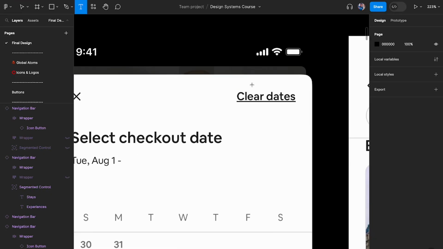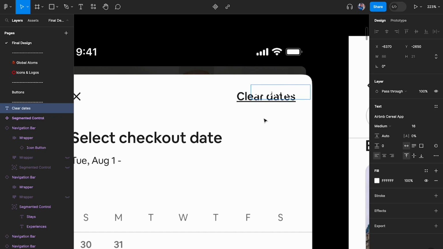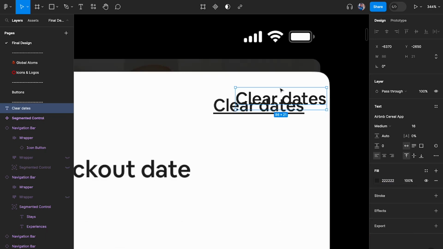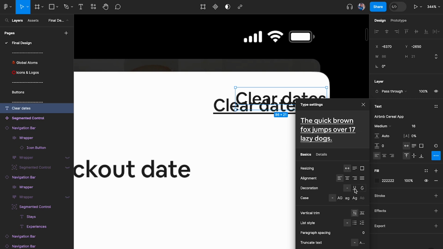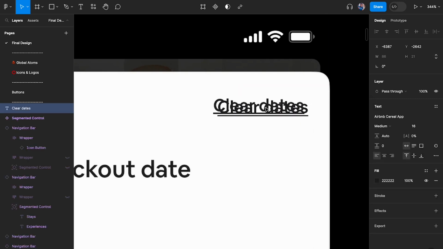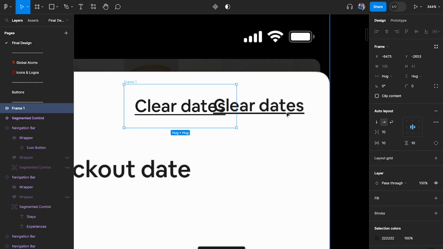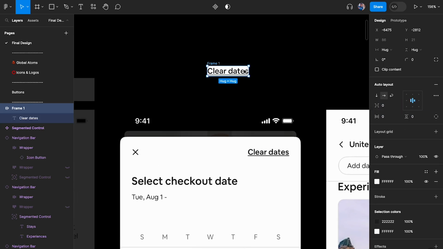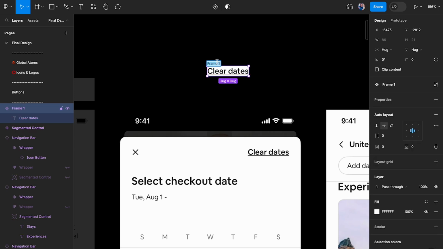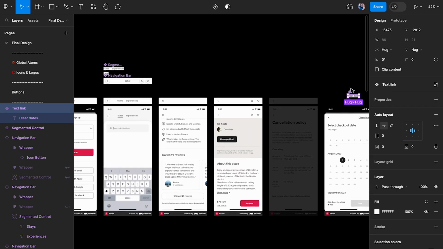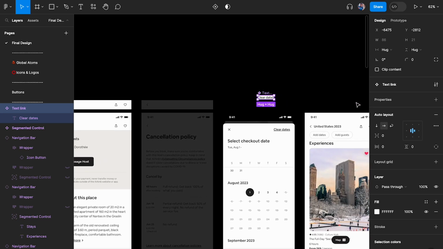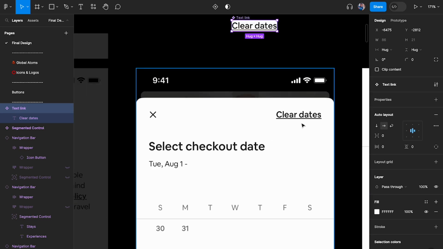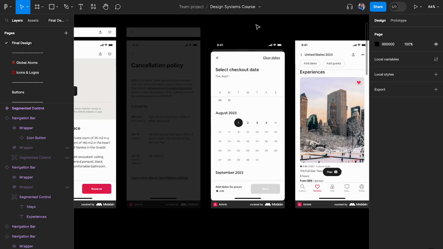So I'm going to come over here. I'm going to search for clear dates. Select this. I'm going to add an underline and there we go. I'm also going to put this into an auto layout. All right. So let me add fill 000 and make this an atom. And we can go ahead and call this text link. We're going to do all the naming conventions later, but I'm going to show you how we're just making it work, right? So now it's either the icons on the right or it's the text link on the right,